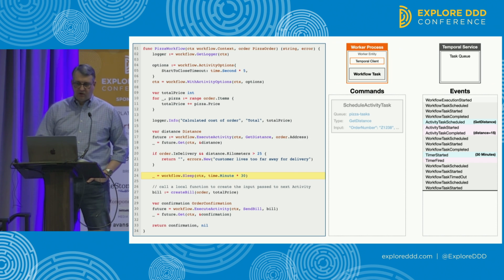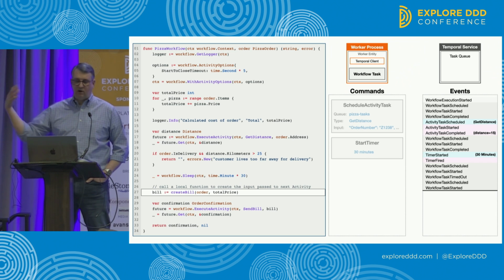It keeps running the code. It reaches another point where there's another command. It evaluates the event history to see if that has run. Yep, timer started is right there. Timer fired. Okay, well, that's already done. Don't need to do this again. And now we reach the point at which the thing had crashed before. So we've reconstructed the state of everything.